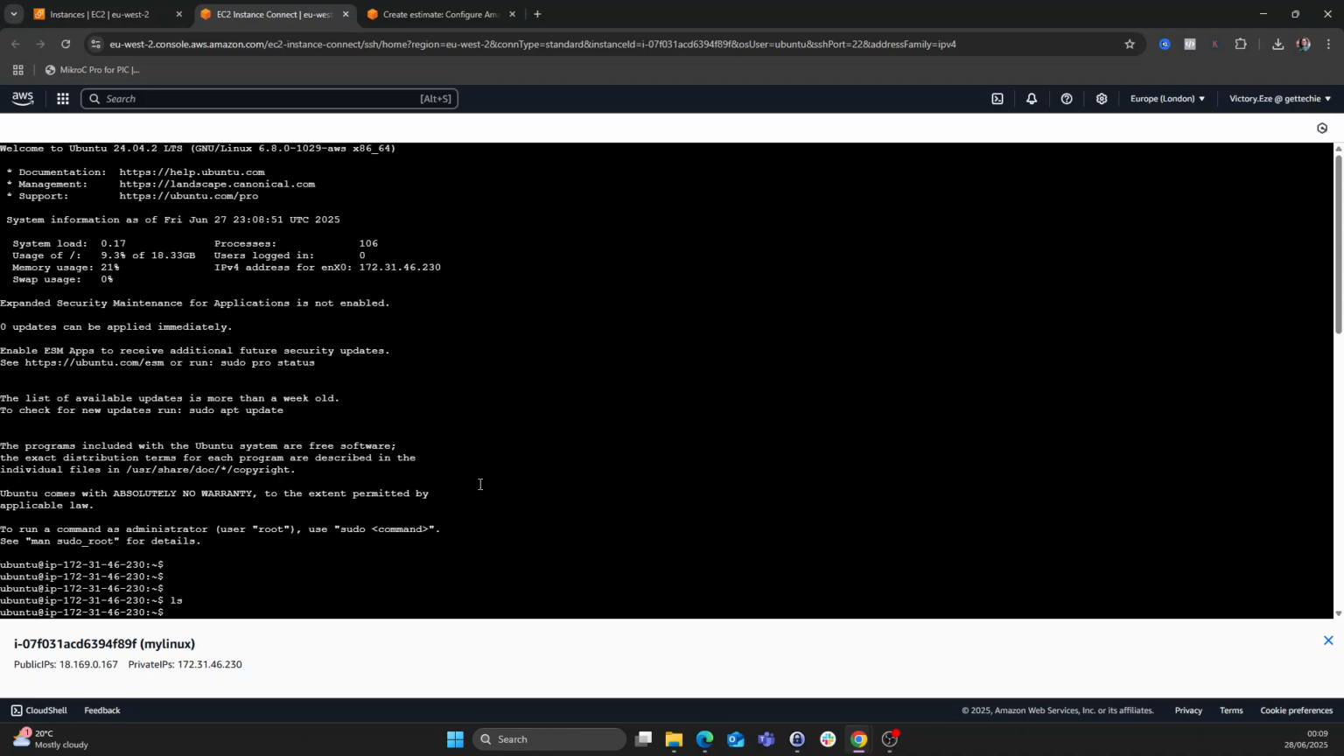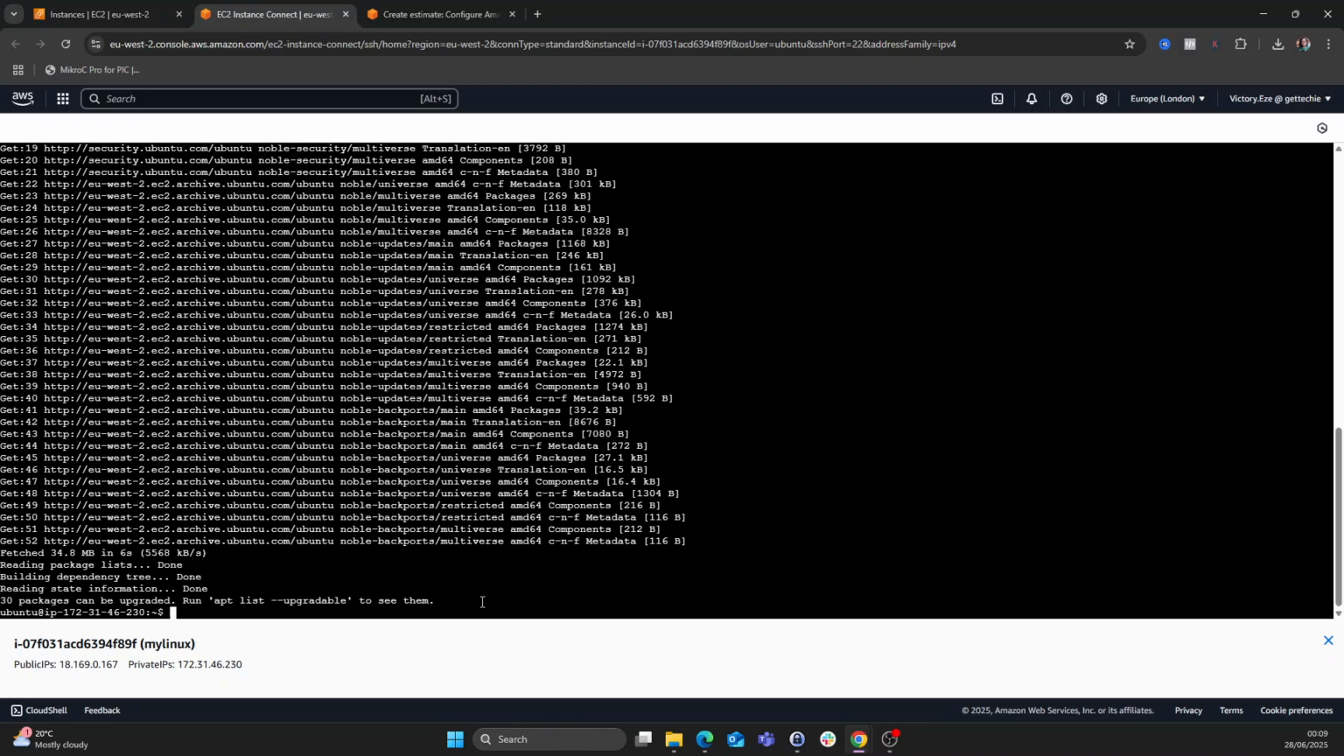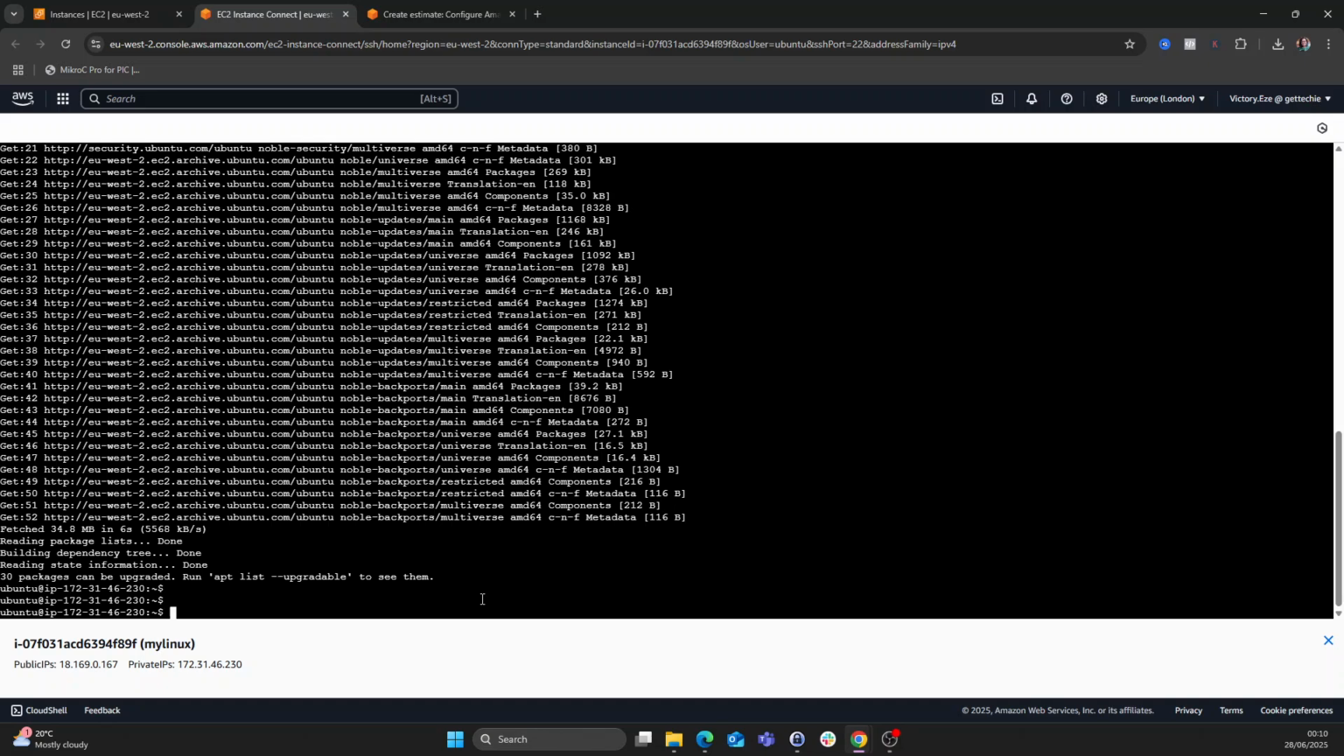Very easy and straightforward. I'm connected to this machine. Like I said, I can install things on this machine. I can install Nginx, I can install a lot of things, and I can actually deploy my application on this machine. The only difference between a Linux machine and a Windows machine is that a Windows server has a UI that